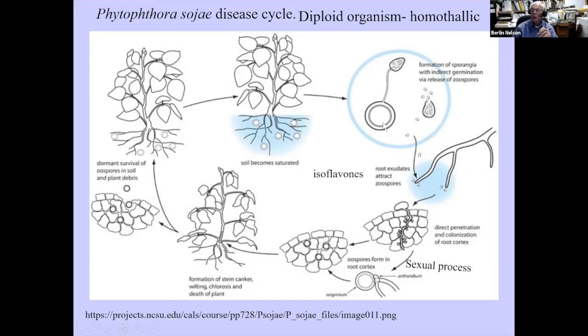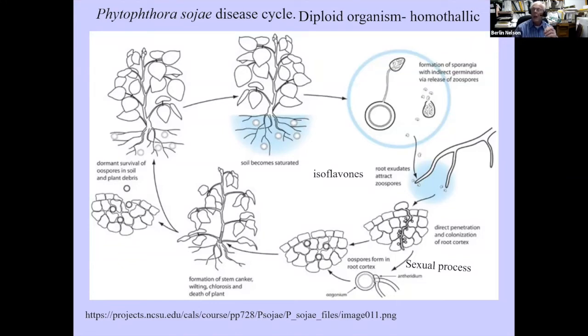These are resting structures. They will germinate. They will form a sporangium. That sporangium will produce flagellated zoospores. Those zoospores are attracted to that plant by several isoflavones that are given off by the plant, exudates from the plant. So they swim right to it. And I emphasize swim. Soil moisture plays a huge role in the development of this disease and the biology of